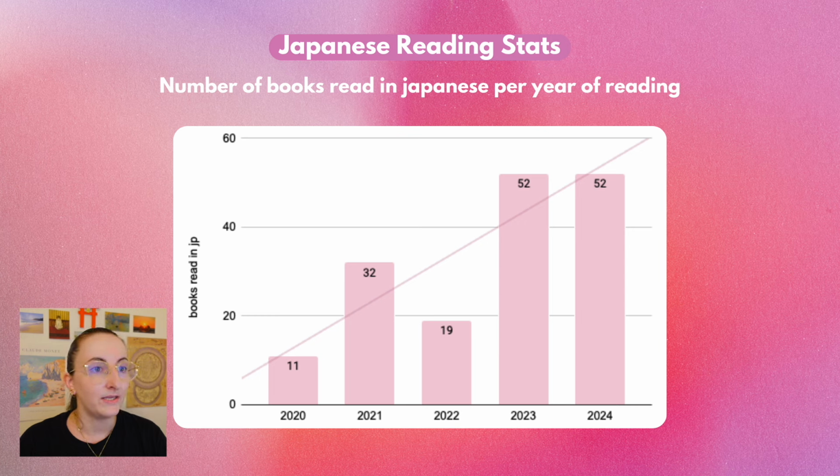So from that year up until this year, obviously this year is not finished, but you can see that I have read 52 books so far this year. You can see that in general there has been an increase of books that I have read in Japanese per year over time, with the exception of the year 2022, which was a bad reading year for me overall, not